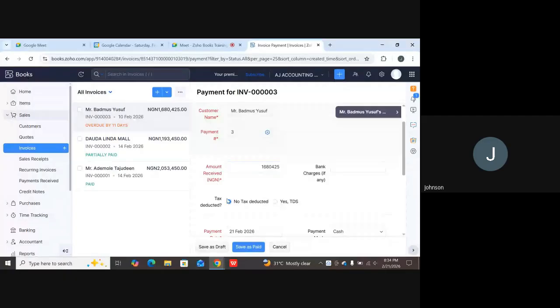So underneath here, you're going to see where you're going to say yes, tax was deducted at source. So for this amount now, let's check. Let's minus 10% from it. We now say 90 over 100 times 1,680,425. So that is going to be 1.5 million. So let's put 1.5,